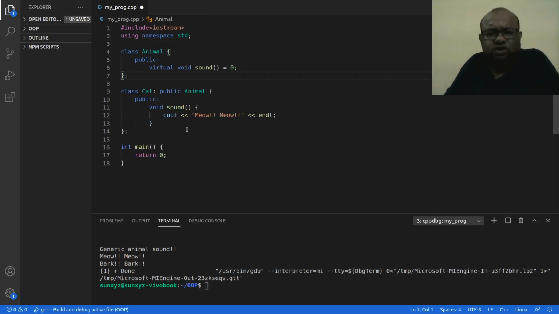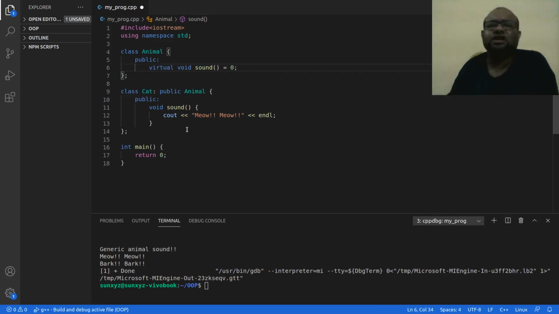What you see on your screen, I do not have the implementation of the sound method anymore. I have just written equal to 0. The rest of the thing remains same, the signature remains same. Previously it was virtual void sound, now also it is virtual void sound, but then I give an equal and then I write a 0.